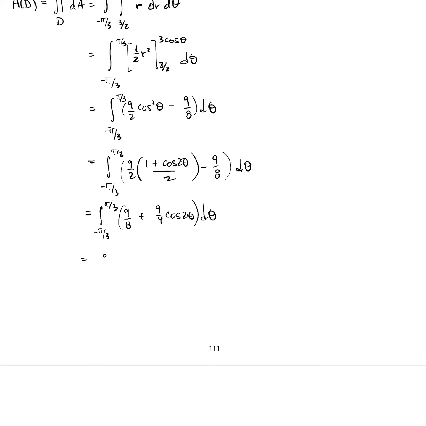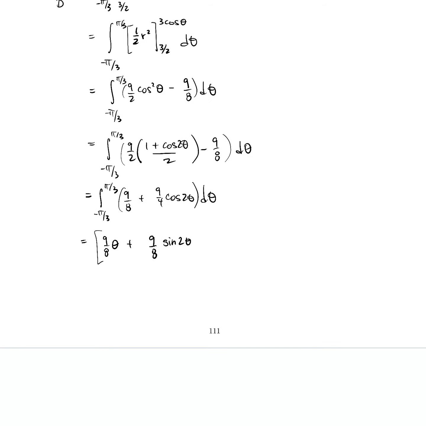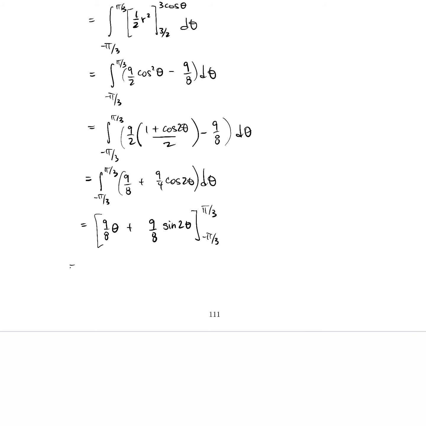So we're going to have 9/8 theta plus, and then the antiderivative that we're looking for is sine 2 theta over 2. So that's going to give me 9/8 there as well. And this will go from minus pi/3 to pi/3. So let's factor out a 9/8, and we'll do the first part here. So pi/3 minus minus pi/3,